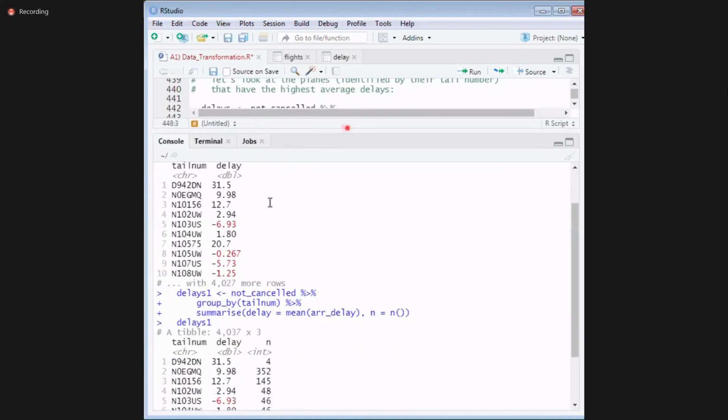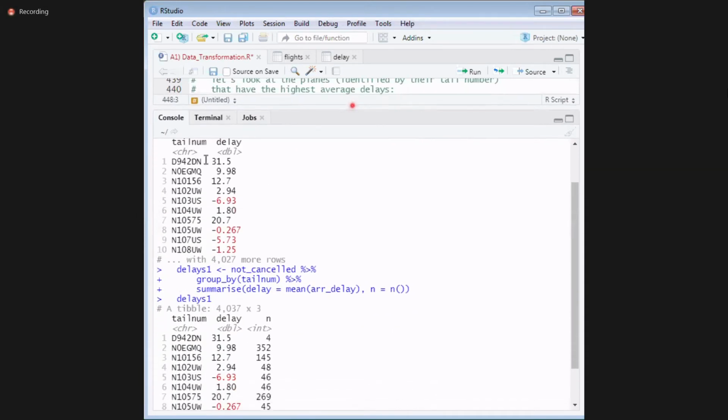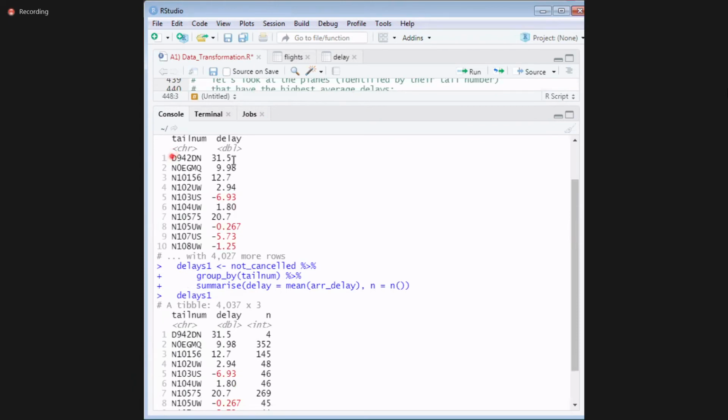See the difference. You get an idea. This particular flight has been delayed by 31 minutes. But if you observe carefully, how many trips has it made? It has made only 4 trips. For 4 trips, this much delay is not acceptable.